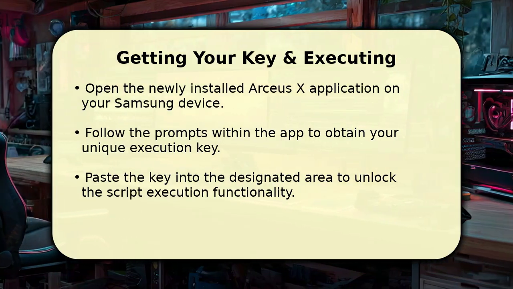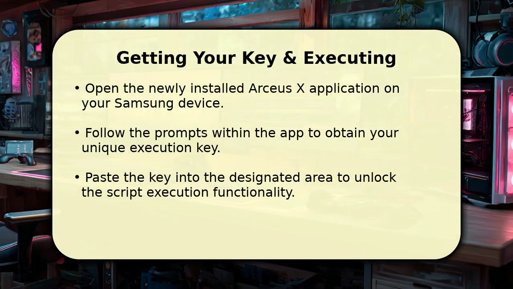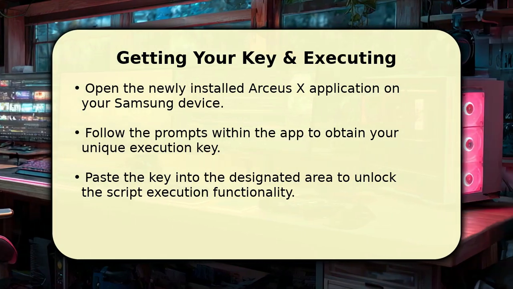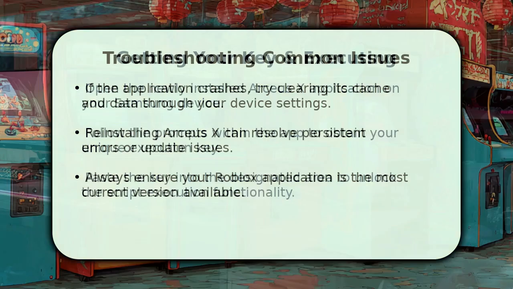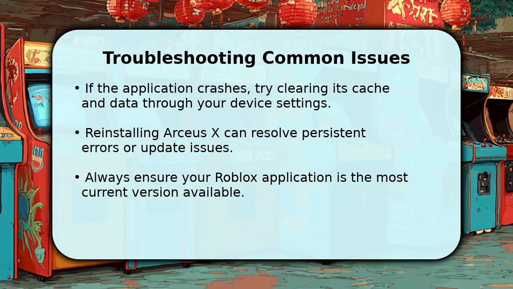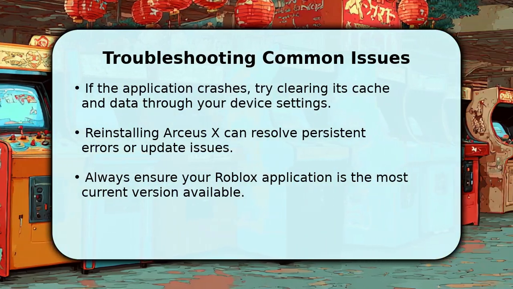After acquiring your unique key, return to the Arceus X application and paste it into the provided field to activate the script execution features. If you encounter issues like the application crashing or freezing, a common fix is to clear